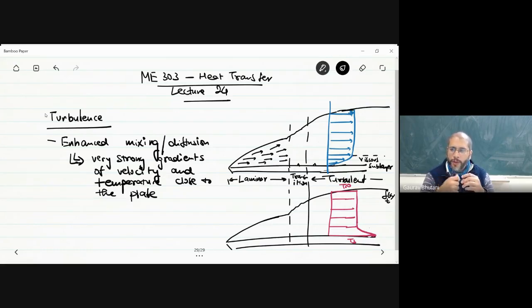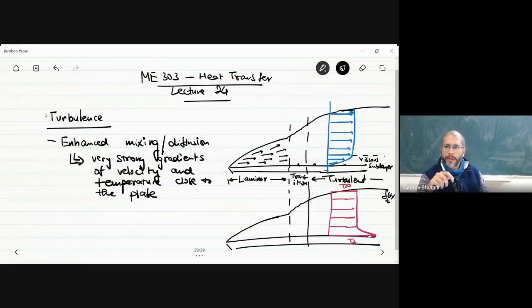So these tiny fluctuations grow, and they grow to significant size. It's like some sort of instability that is just growing, and you see velocities in all directions. Even though the incoming flow was mostly in the x direction, you didn't see any y or z direction flow, but these tiny fluctuations grew, and then they resulted in significant flow velocities in x and in y and z directions as well. Okay, so this is the inherent nature of turbulence.